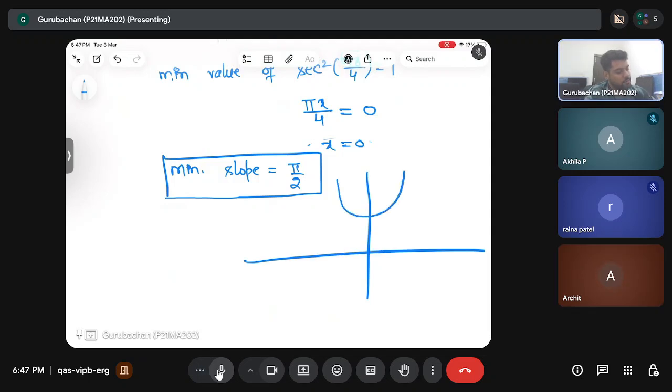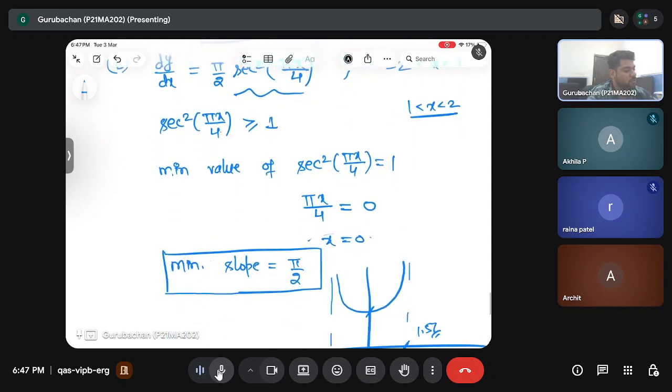Like this. At 0 it is 1, at pi by 2 it goes to infinity, and at minus pi by 2 it again goes to infinity. What is the value of pi by 2? This is something like 1.57, and 2 will be something like,